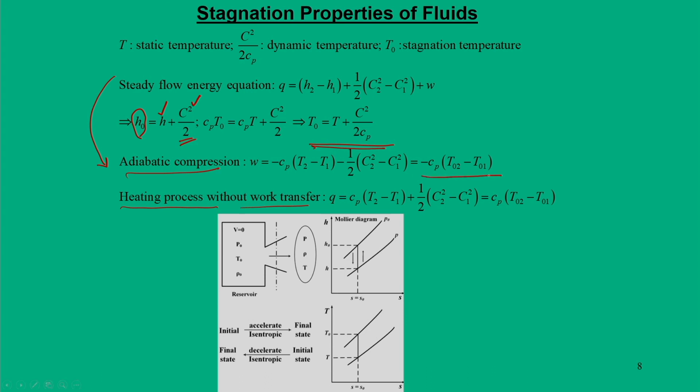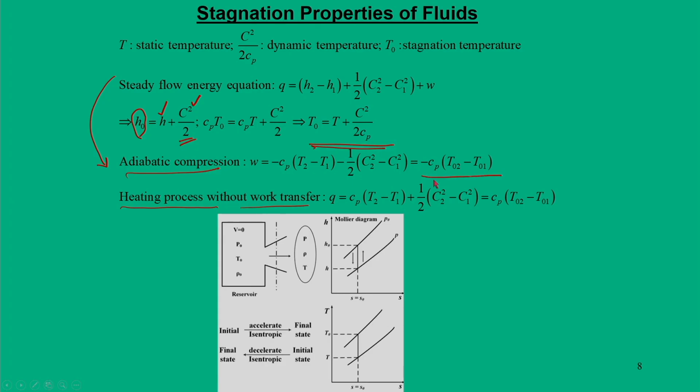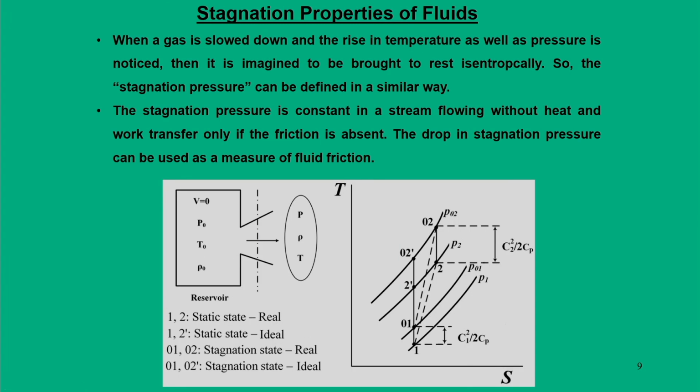So, in the earlier compression system we used Cp times T2 minus T1, but here the representation would be Cp times T02 minus T01. In a similar sense, heating without work transfer would be Q is equal to Cp times T02 minus T01. So, now by defining this stagnation state, we can revisit the temperature entropy diagram